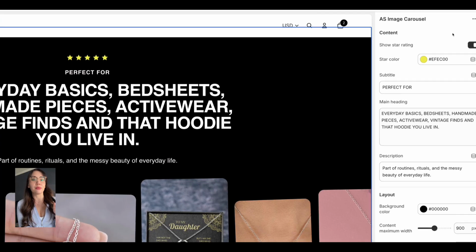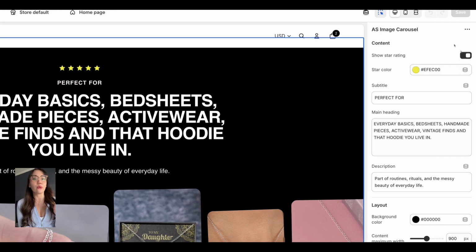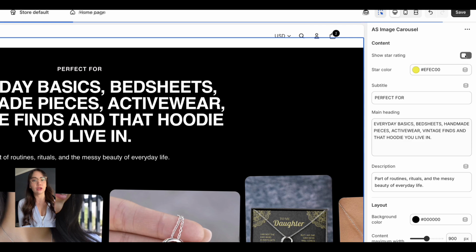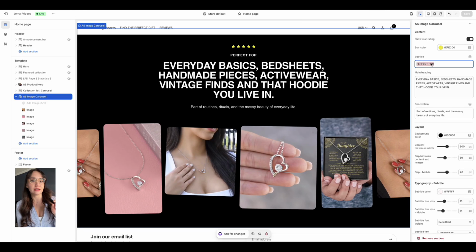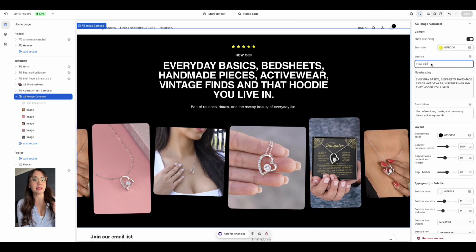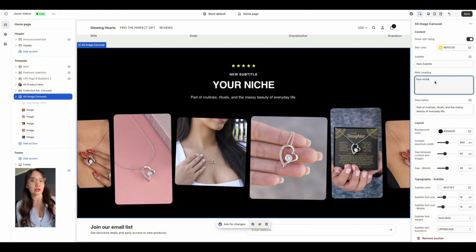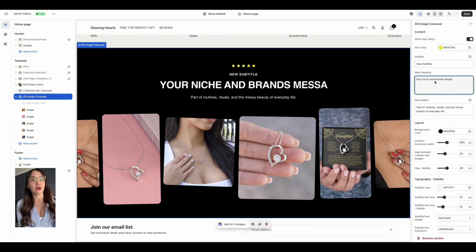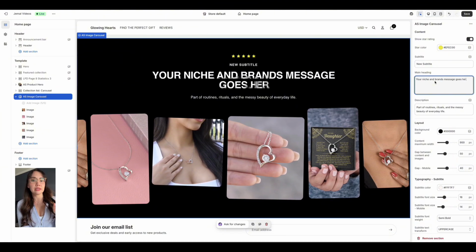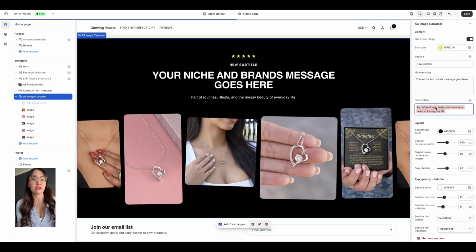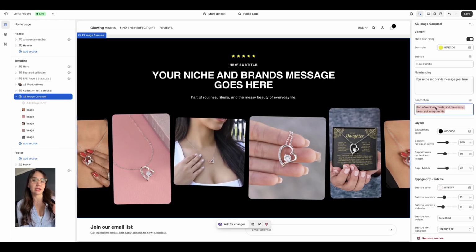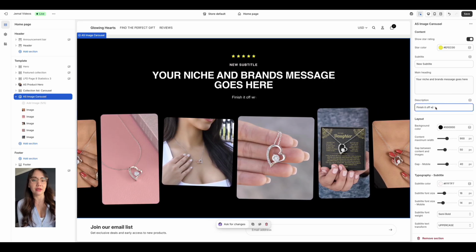Let's start from the top. You can choose to add or remove star ratings. You could change the subtitle to your brand's message. You can also change the main heading. Let's say it's a niche on jewelry. You can place your message here without a problem. Super easy and intuitive. And to finish it off with a cheeky description to get your customers grabbing for more